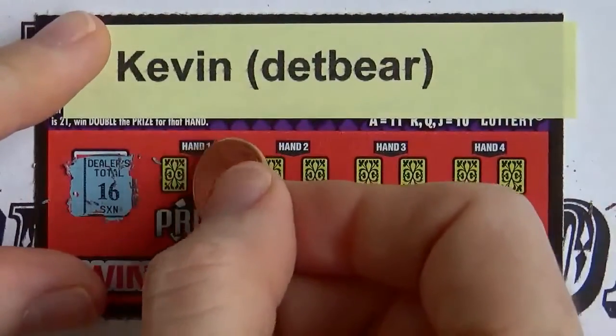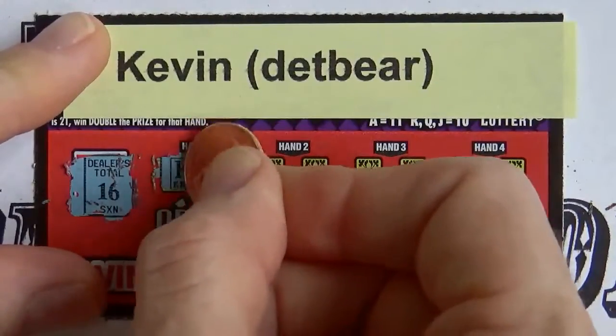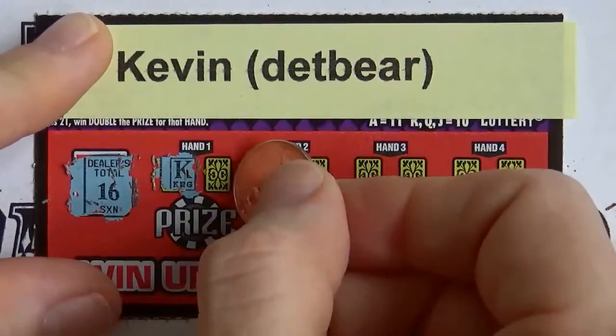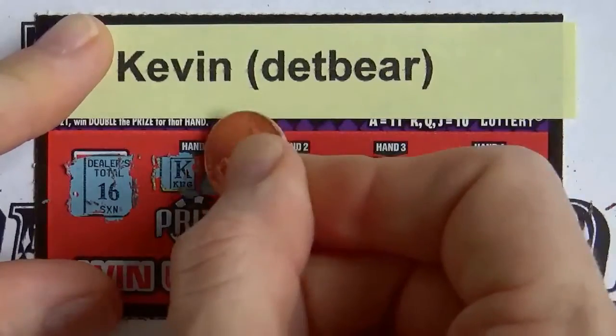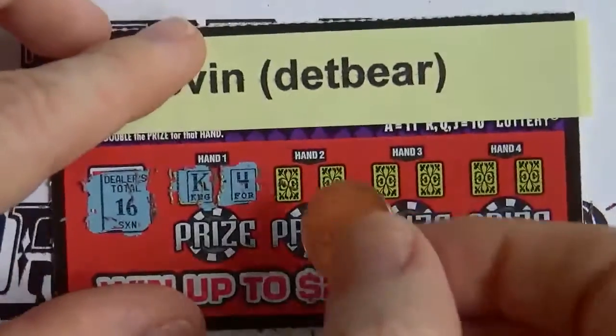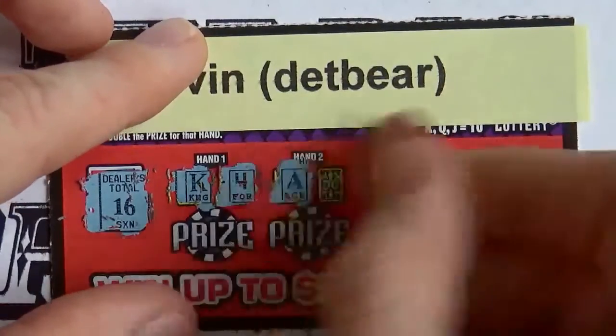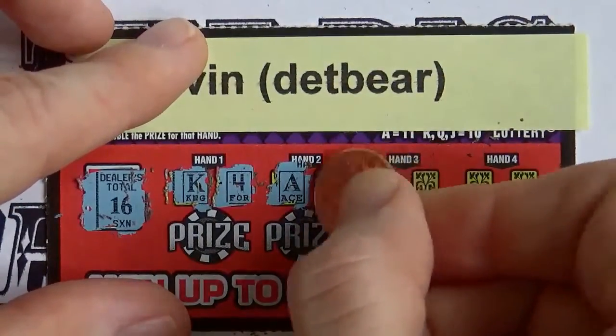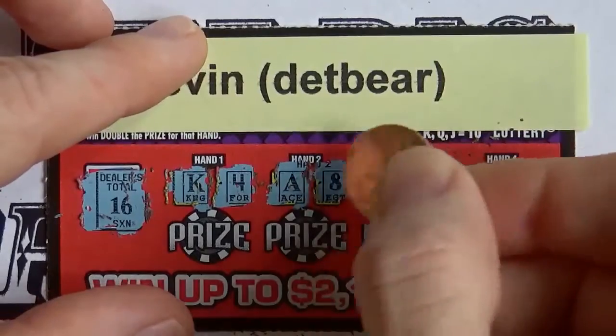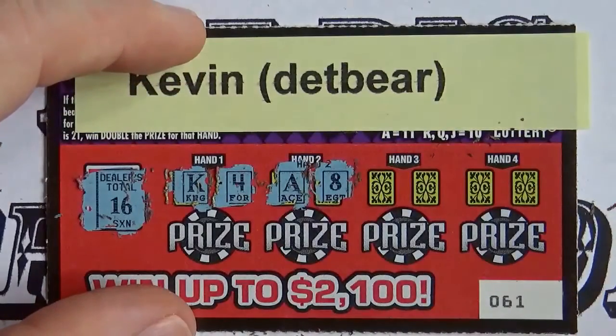The first hand. A king and a 4. That's only 14 points. Second hand has an ace and an 8. So that would be 19 points. 11 plus 8 is 19.